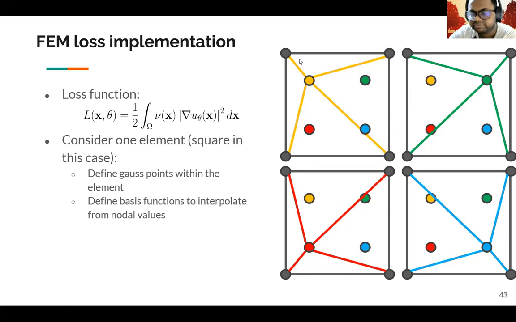And so say there are some weights, W1, W2, W3, W4. These interpolated values come from the distance to the point from the node itself. So this is trilinear interpolation, if you will. And from these kinds of trilinear or bilinear interpolations, we can get the values at these Gauss points. So this Gauss point is computed using these yellow basis functions. These green are computed using the other set of basis functions. Red is used for another set of basis functions, and then blue has another set of basis functions.